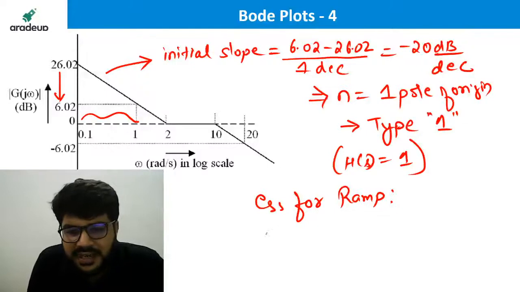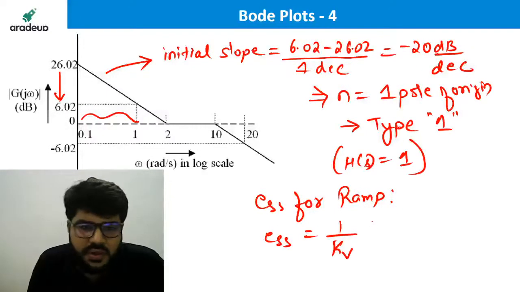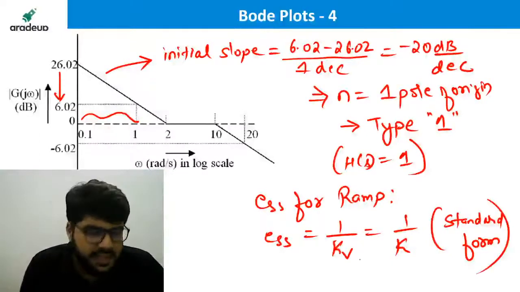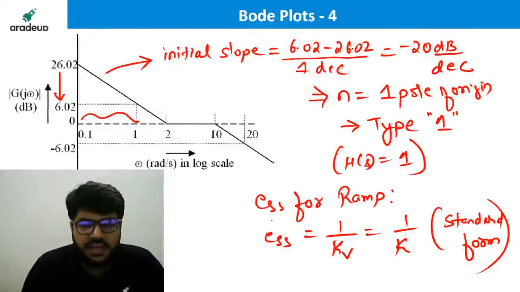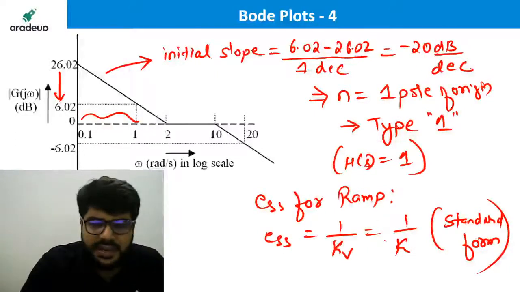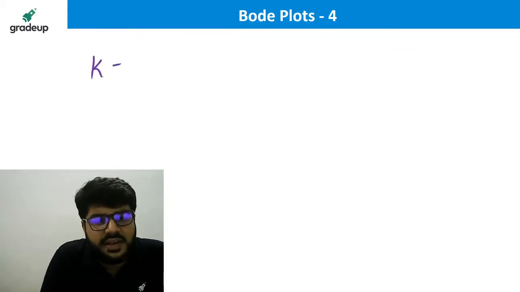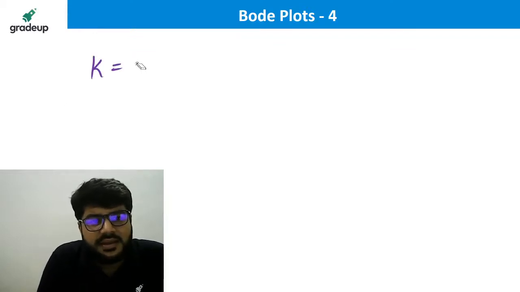And the steady state error for ramp is given by 1 upon Kv. That is also equal to 1 upon K if G(s) is in the standard form, and in the Bode we obviously take it in the standard form. In the Bode we take it in the standard form only. So the steady state error is 1 by K. So what is the value of K now? K can be found by the initial part,